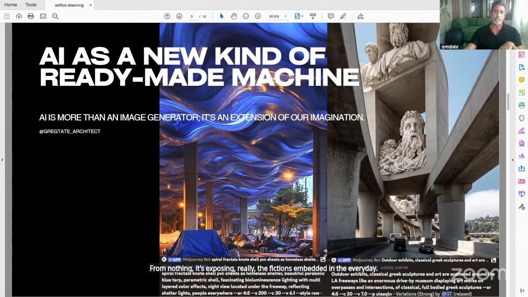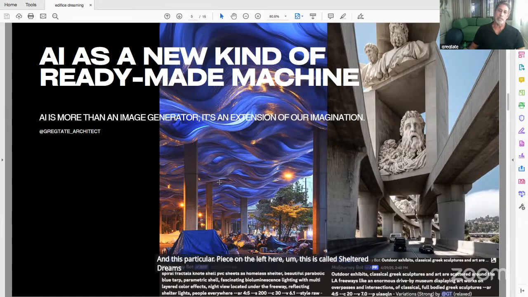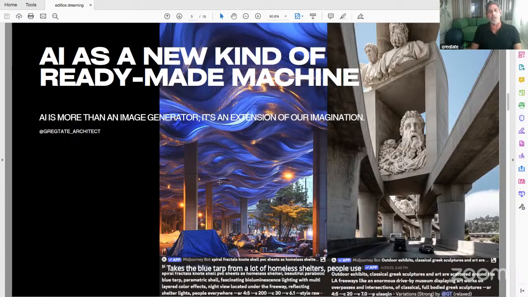And this particular piece on the left here is called Sheltered Dreams, and it takes the blue tarp from a lot of homeless shelters. People use those for shelters, and it explores what if they were in a ceiling or in a flowing state, where beauty and the darkness of living on the street are combined.